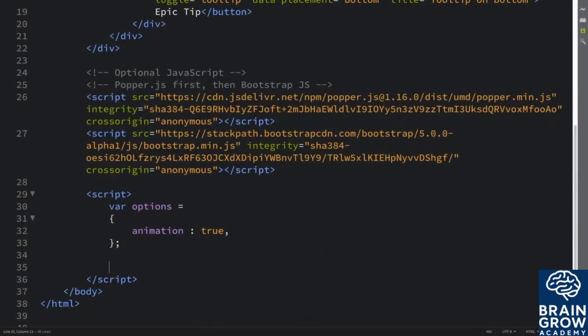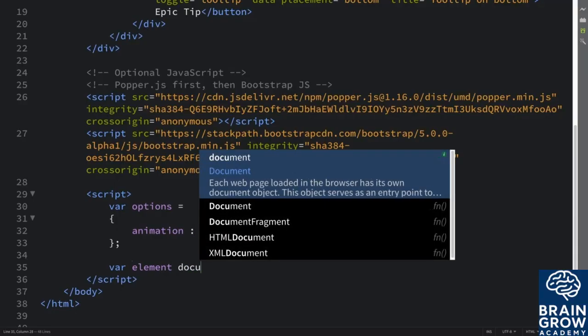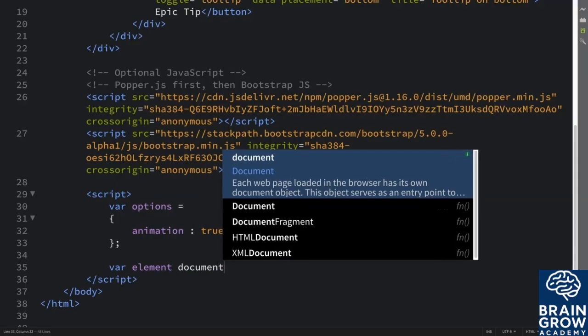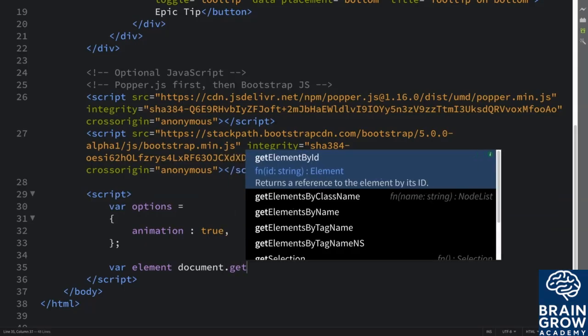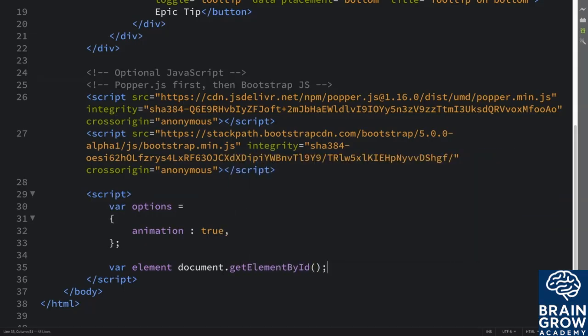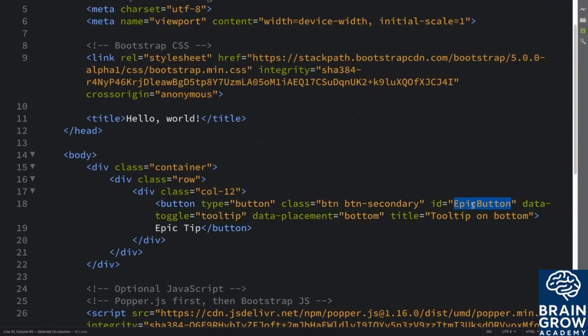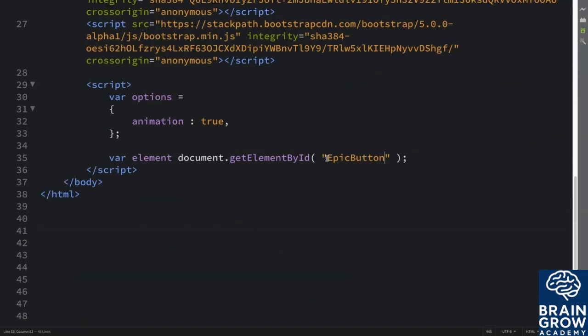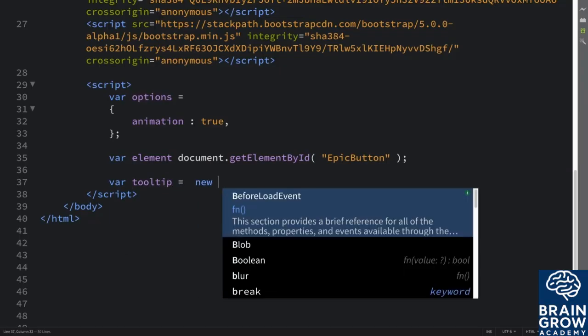Now what we need to do is actually get the element: document.getElementById, and this is what we put here for the ID. So epic button,